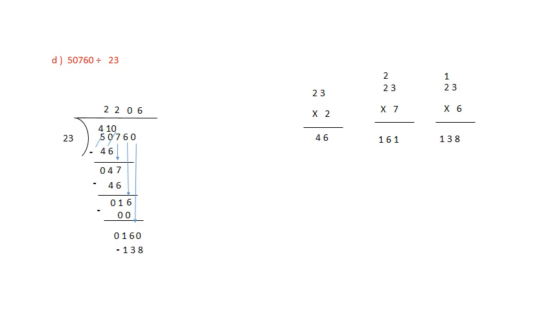Now 0 minus 8 you cannot do, so you'll borrow from the next one. So 0 becomes 10 and 6 becomes 1 less, 5. So 10 minus 8 becomes 2, 5 minus 3 becomes 2. So 22 is your remainder and this is your quotient. So we'll write down quotient is equal to 2206 and remainder is 22.